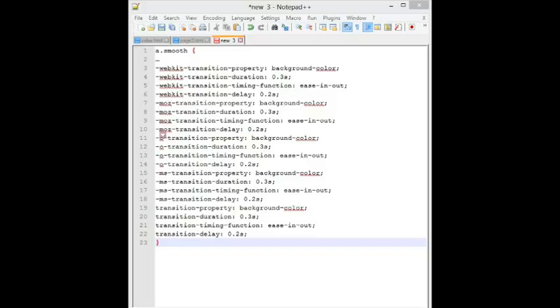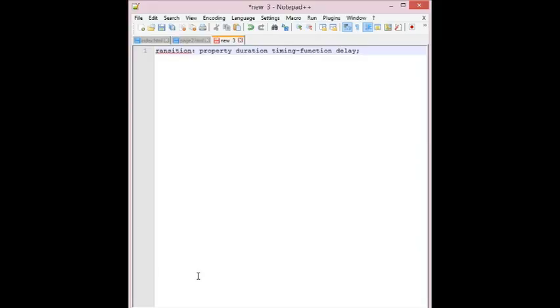So here is the syntax: you write the property, then duration, then timing function, and then delay. The values for each transition property are listed out, separated by spaces. If you provide only one time value, it will be assumed to be the duration. If you provide two time values, make sure that the duration is listed first.